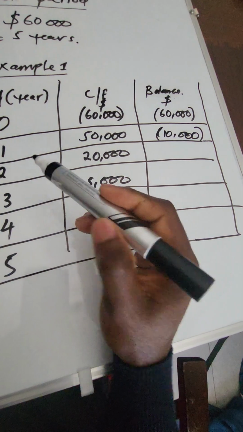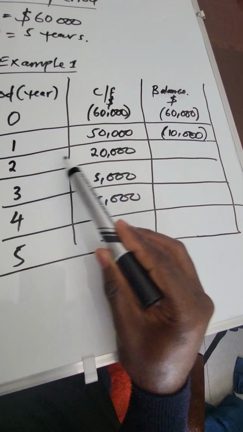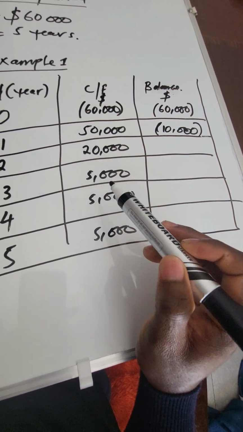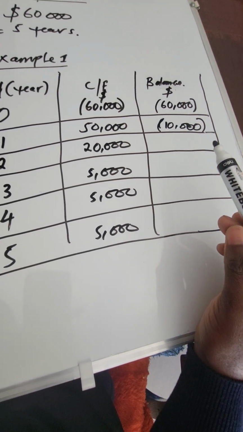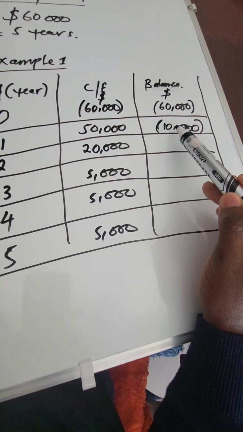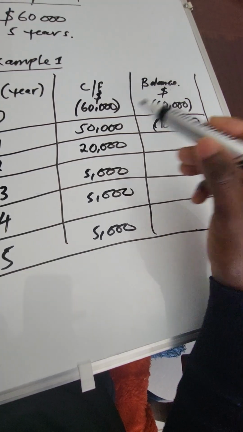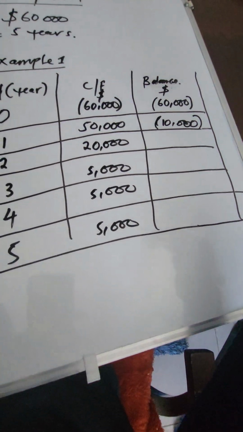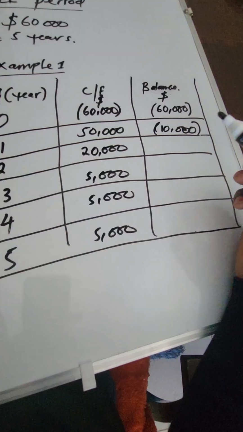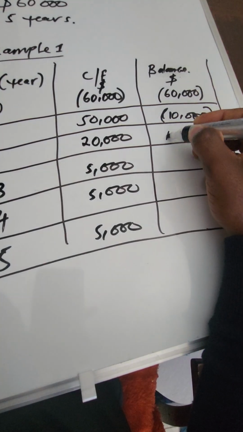Okay. Then we're being told that the cash flow in year 2, or the revenue, was 20,000. The business generated $20,000. And so we're now going to subtract the 20,000 minus the balance, right? Or you can just add 20,000 plus the balance. It's the same thing because the balance is in negative, right? It will still give us the same answer. So 20,000 minus 10,000, and we're going to have a positive